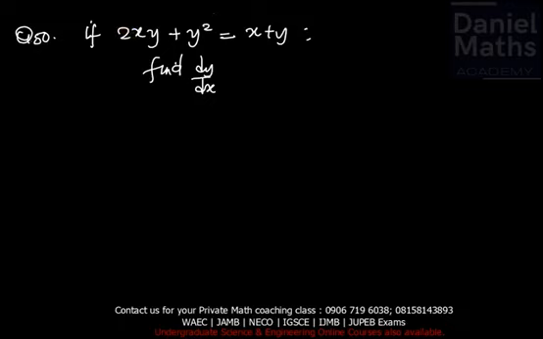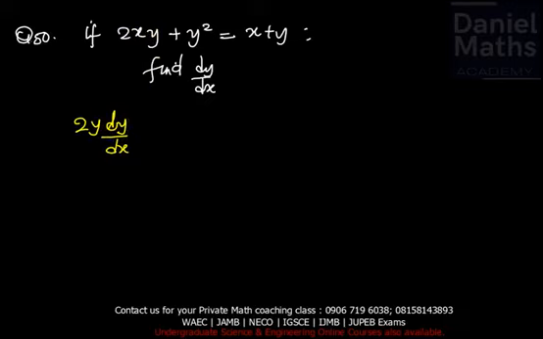So if I differentiate this with respect to x, the differentiation of 2x is 2. 2 times y will give me 2y. So here I'll have 2y. Let me do that again. This will have 2y into dy over dx. And then if I differentiate with respect to y, I will have,